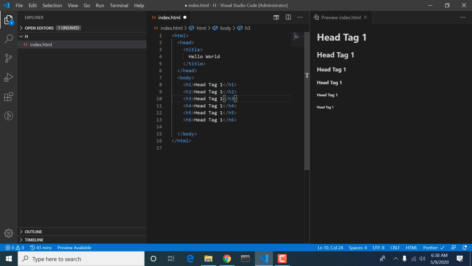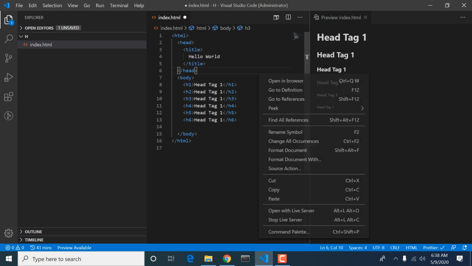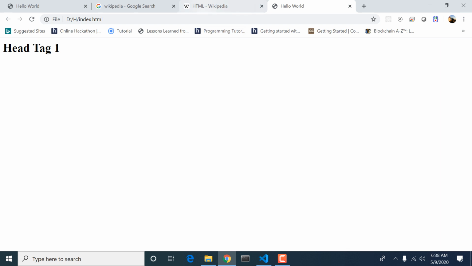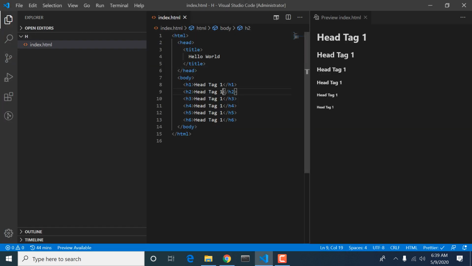These things are clearer in the browser, so I will show them in both the browser and my preview. These are the decreasing sizes: h2, h3, h4, h5, and h6.